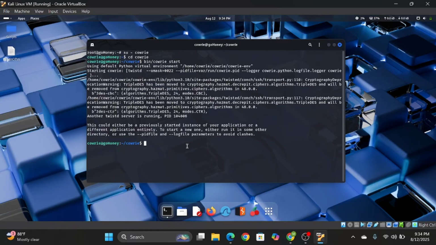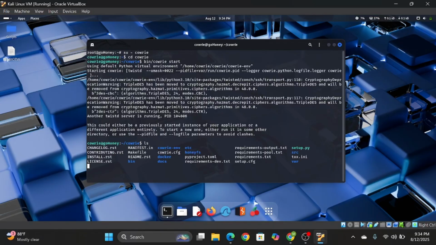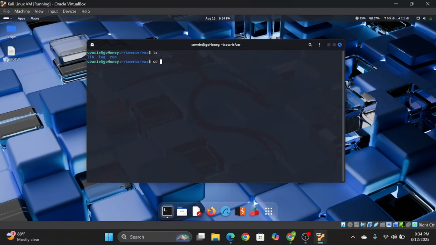But I'll still show you how to get to all the logs and stuff, so you can see activity. Once we do that, after a few days, you're going to finally get some activity. So we're going to change to the var directory, and then we can do ls again. Let me clear this real quick. Oh, cd, we'll go with logs first, just to show you that. And ls, cd cowrie,